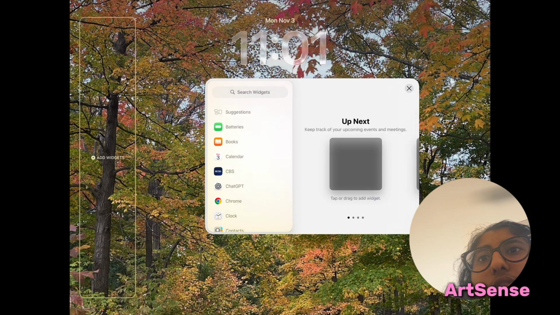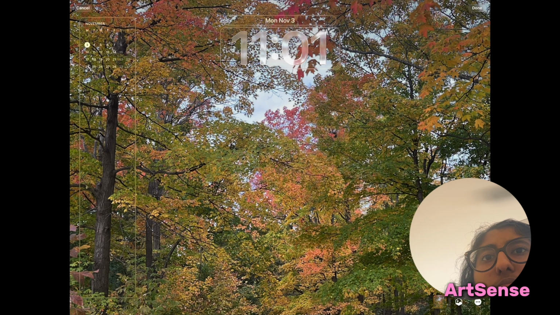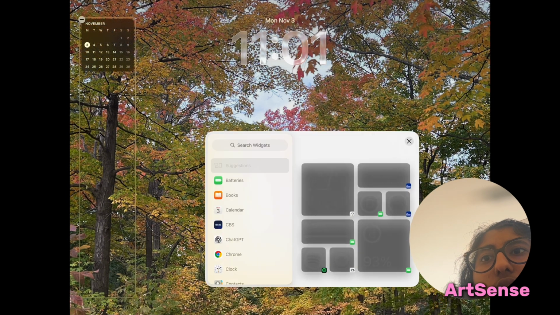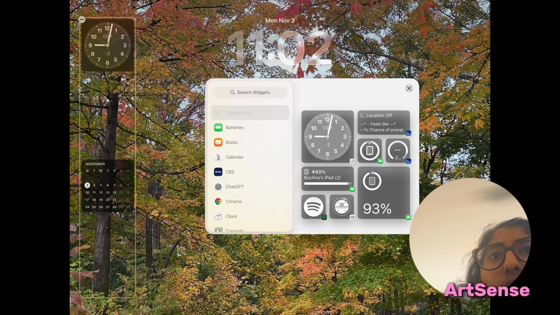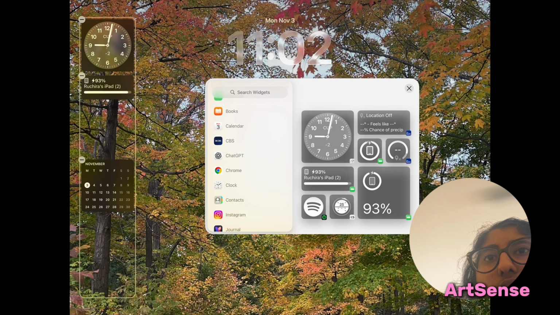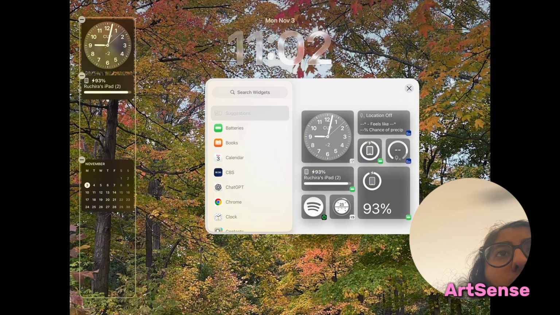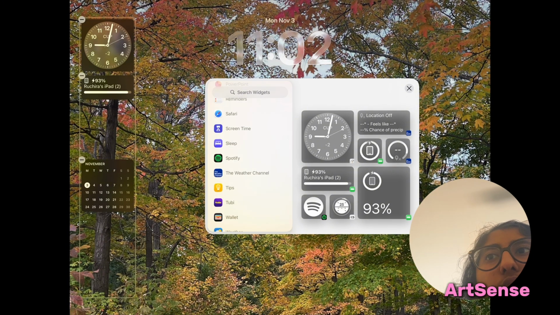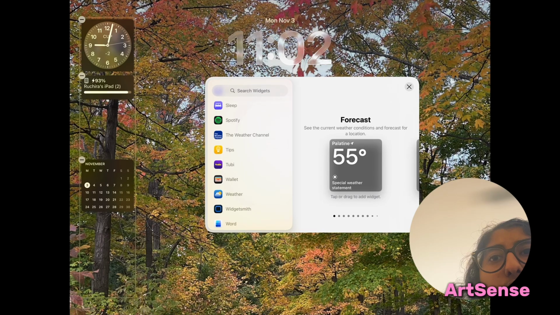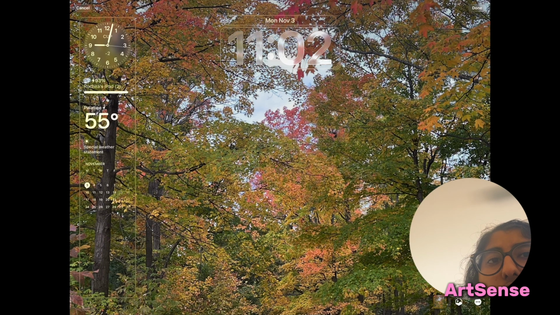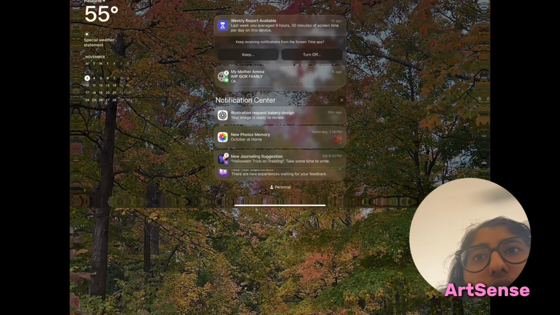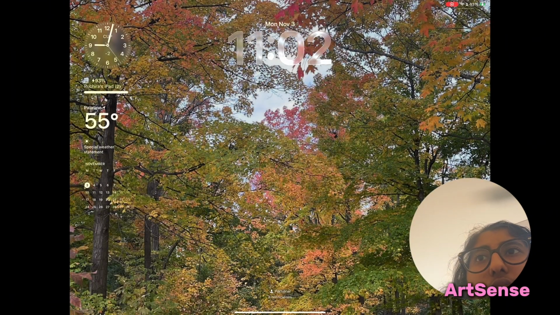You can move it down here. You can also add the clock widget here, iPad's thing. You probably can add the weather here. You can add this. And then whenever you scroll down, you can hide all your notifications down here, which is an easy way to access this. And then if you want to edit your widgets here,